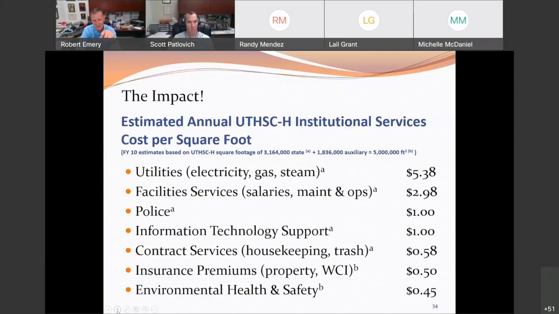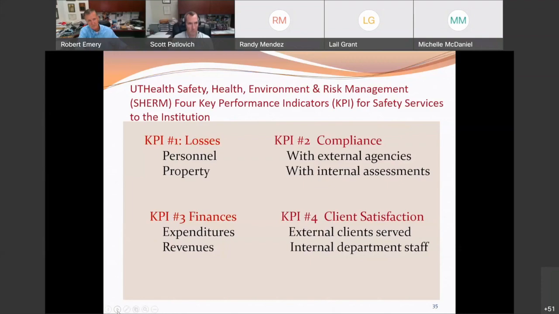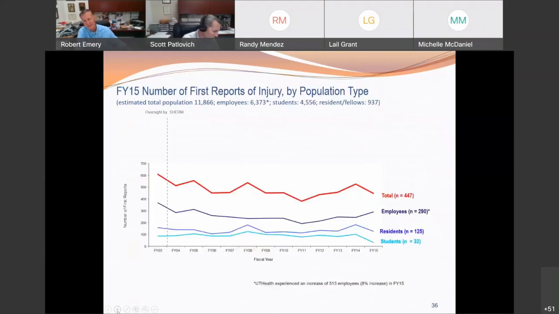If you want to save money, why don't you focus on things such as utilities around here, because that's where we're really paying out. And that's really proved to be quite powerful. Now, Scott will talk about these key performance indicators, and this is what we build our annual report around, and he'll go into more granular detail there. But I just want to touch on now blending in both the data collected and how it's displayed.